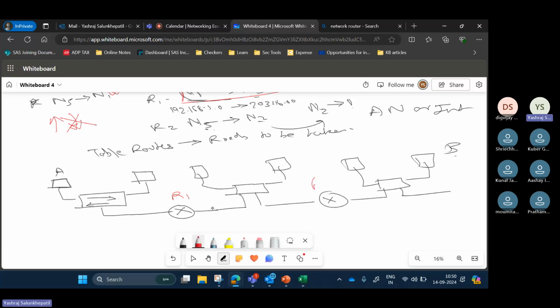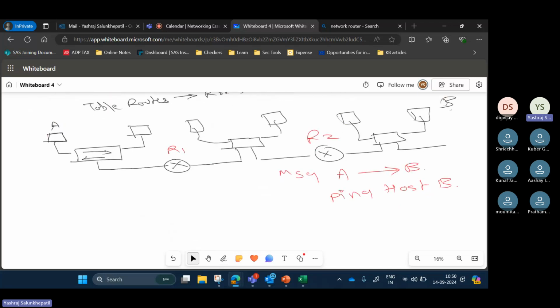Okay, I want to send a message from A to B. For example, I say ping host B. Okay, now what should happen? The message should go from A to B. But for that, what I need to know, I need to know the route.